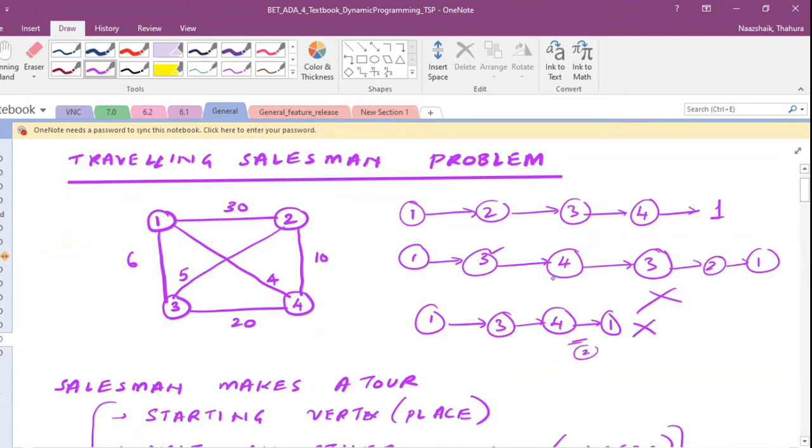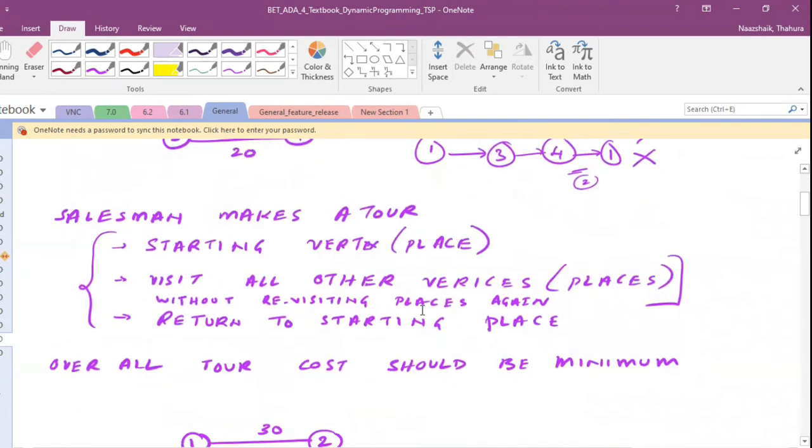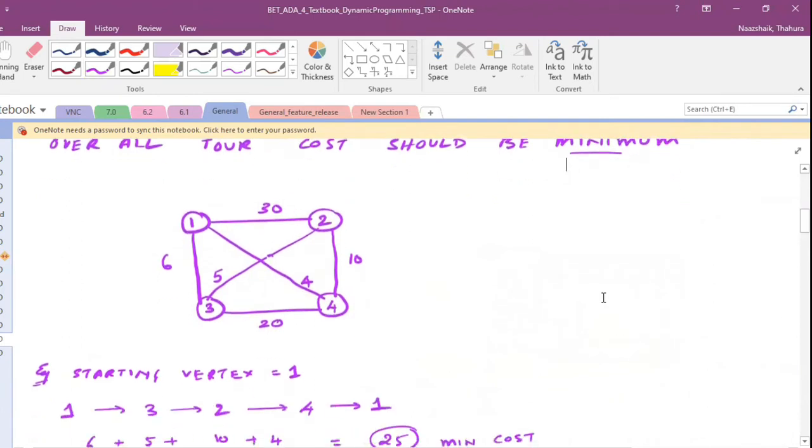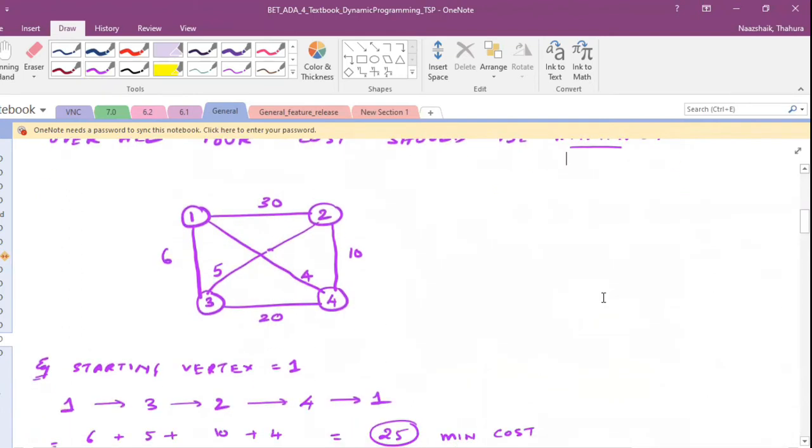Okay. So in this itself, we have a lot of combinations. The aim is to find the optimal solution, right? The overall cost of the tour should be minimum. Now, if you want to solve this problem, we can do a brute force way. Brute force way means like, remember we did the graph in a depth first manner, right? We can try to do that. So let's do that and try to understand how to solve it. Then we will come back to dynamic programming.